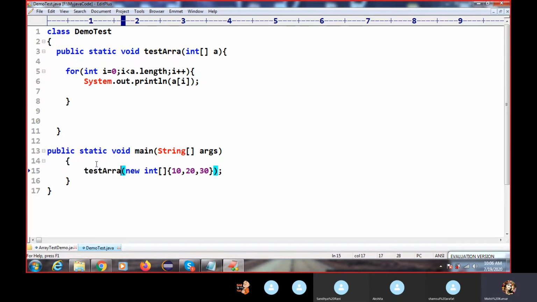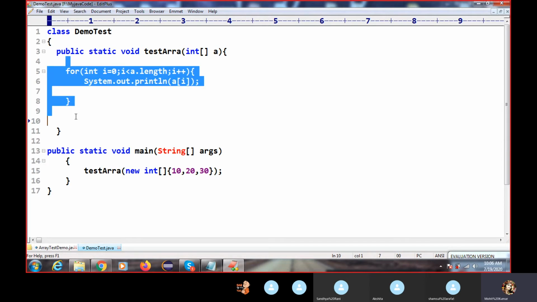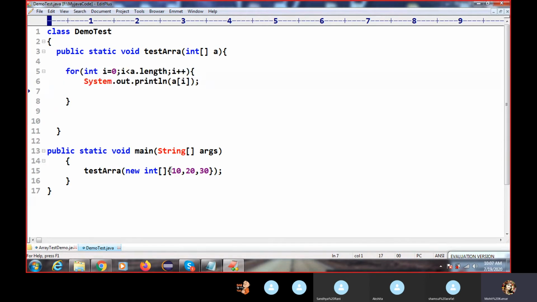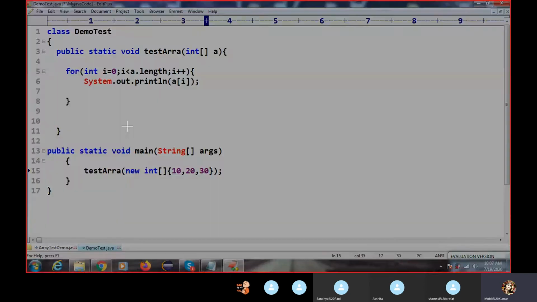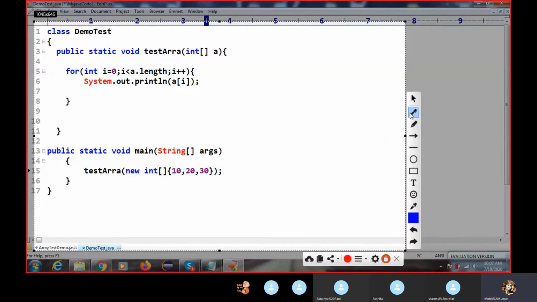This is your static method, so we can call a static method directly. Inside it we are just printing all the values of whatever array you have stored. I think you guys know this is basic code, but here I have used an anonymous array as an argument.